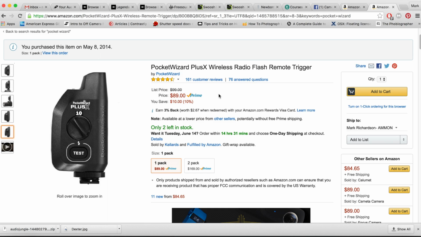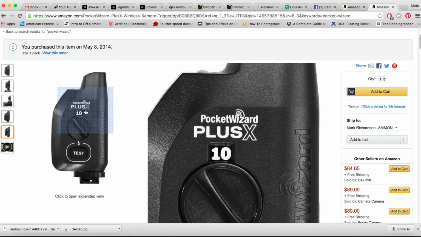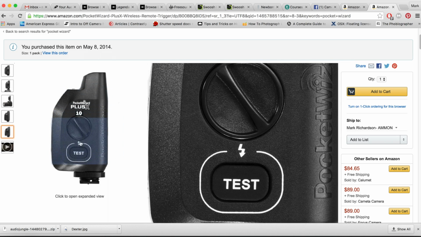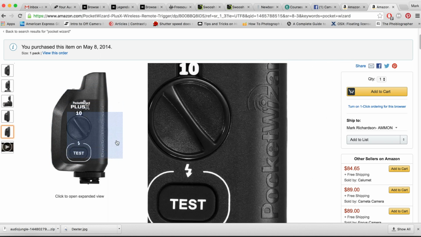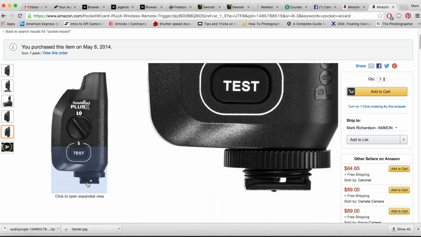But for me, these are incredibly reliable, and they've got good distance. They work even through walls or on different sides of a house. And so for me, that's worth the expense to get something that works and is going to be reliable. So these run on AA batteries, 2 AA batteries per Pocket Wizard. Again, you'll need 2 of them, and one of them is going to sit on the hot shoe of your